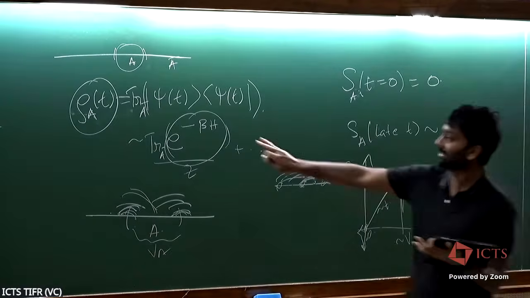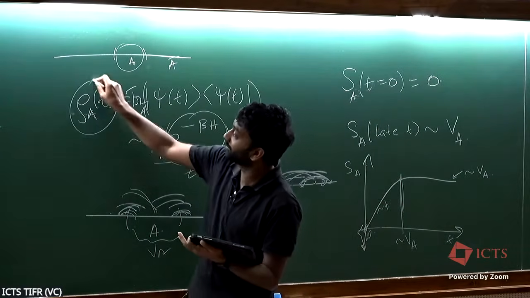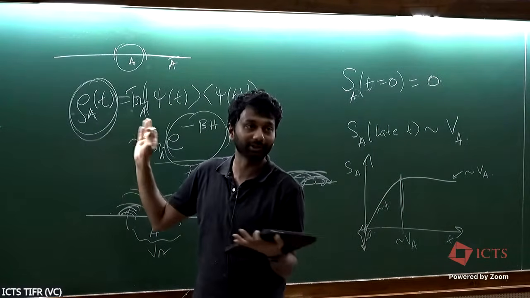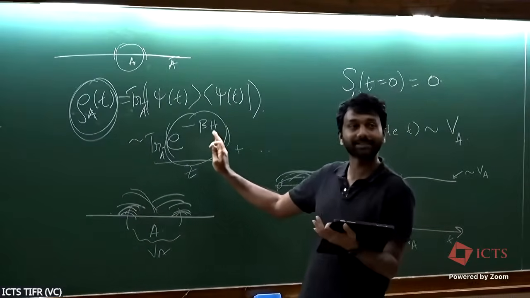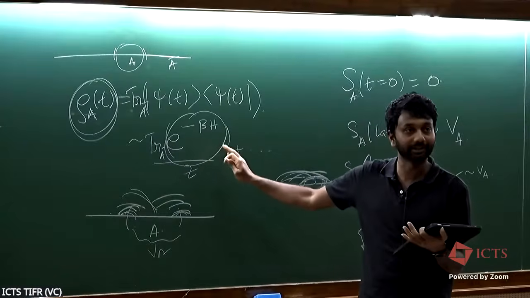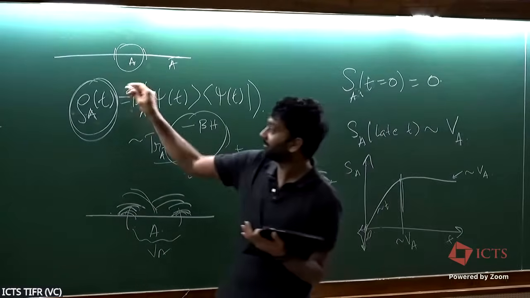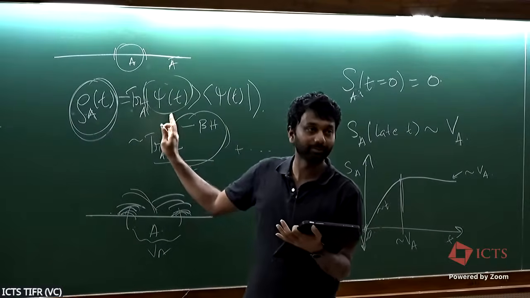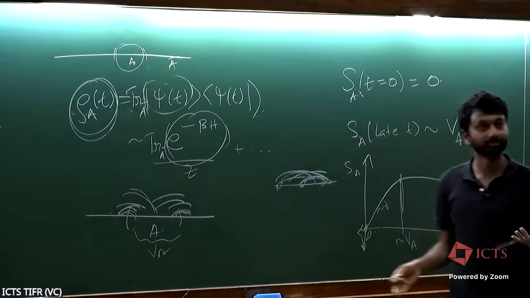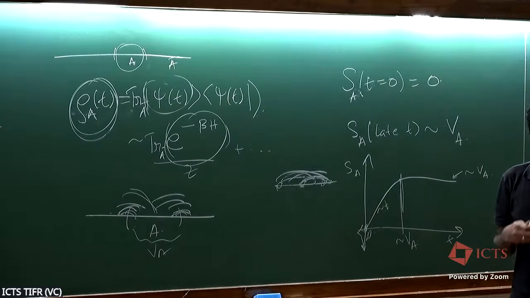No, but this is just a form of the reduced density matrix of a pure state. I don't care about the distinction between classical and quantum of the Gibbs state. I'm ultimately just interested in this, and the entanglement entropy of this is proportional to volume because it is a random state in the Hilbert space.